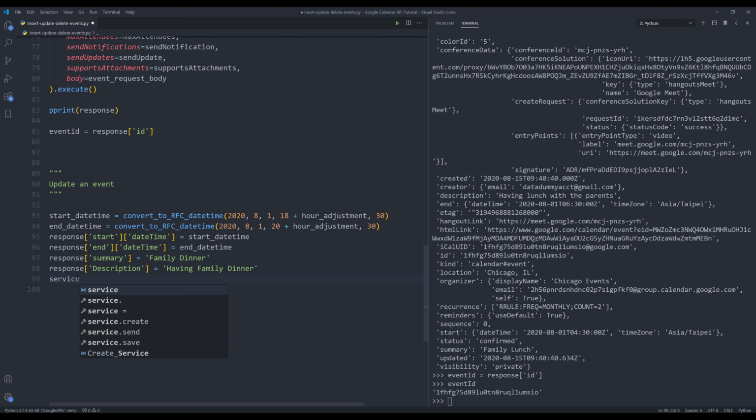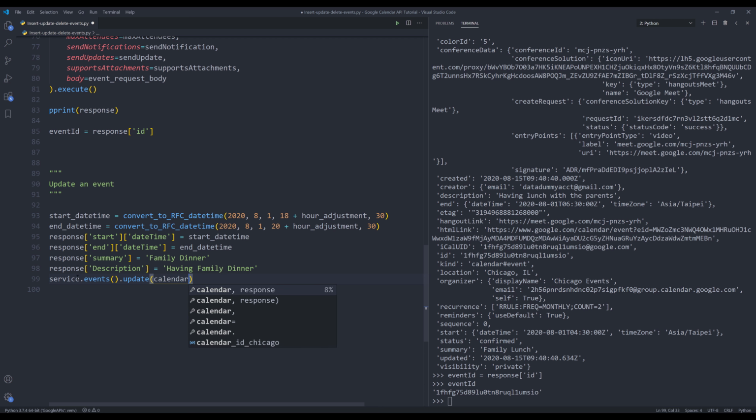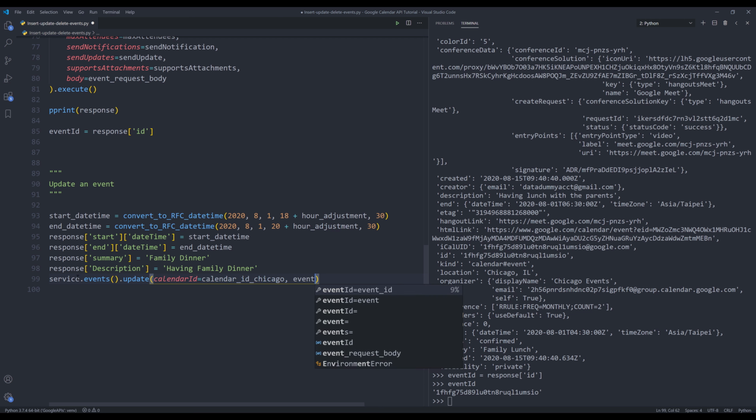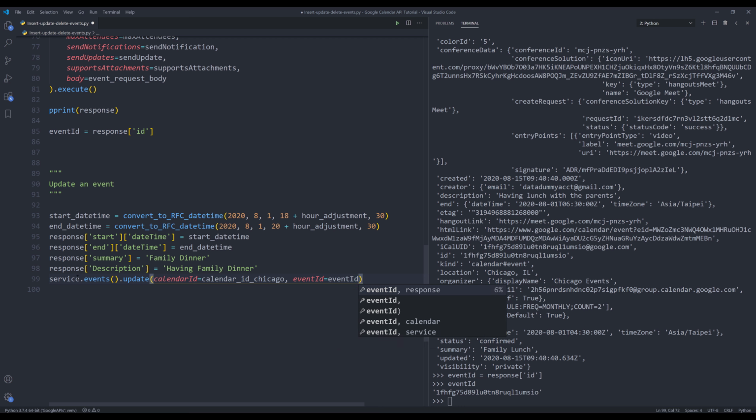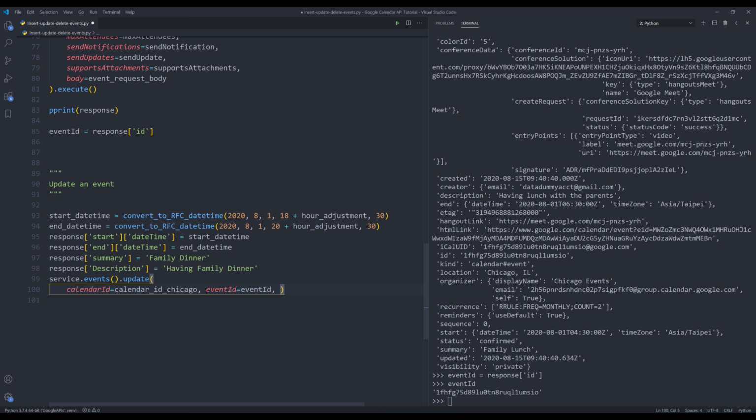In here to update the event, I'll insert my service object .events().update. Inside the update method, we need to provide the calendar ID and the event ID. And to update the event information, we need to resupply the body object. So it's going to be event request body, then execute. Now if I run line 93 to 102,